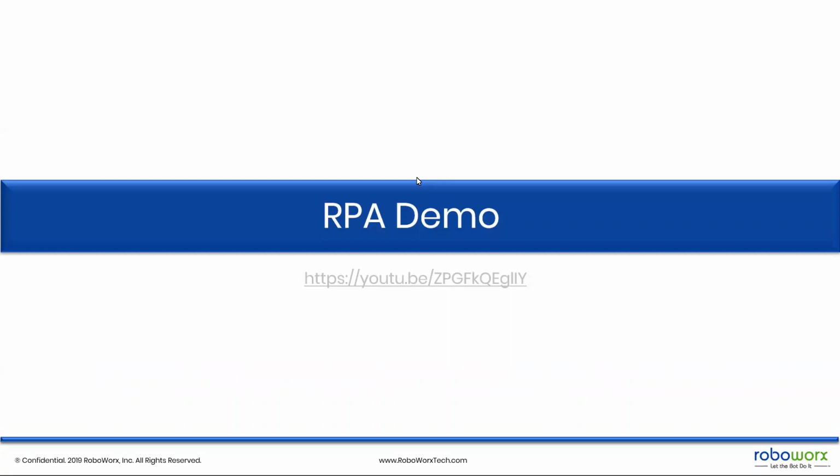Okay, so let's show you a robot in action, and it speaks for itself. So actually, I'll just give you a really quick introduction. So we had a marketing VP come to us, and she said that she came across this website that had a list of all the government contractors in the United States, and she wanted to market to them.